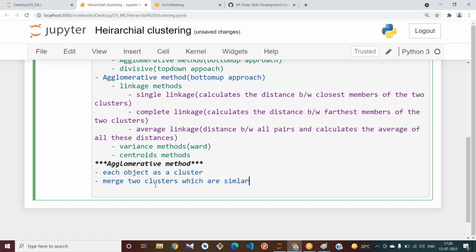Based on the distance measures, calculating the distance, you group the clusters which are similar, and you continue the iterations until all objects are merged into a single cluster.